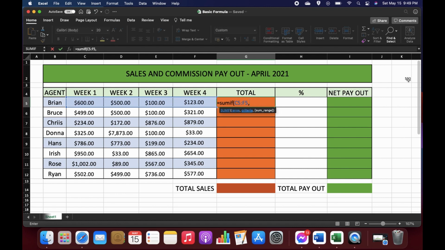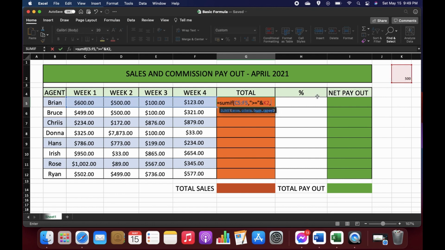So we will put an open quote, the greater than symbol, the equal sign, end quote, and then we will put now the $500 cell here. So we put the ampersand symbol, and then we can just click it here,